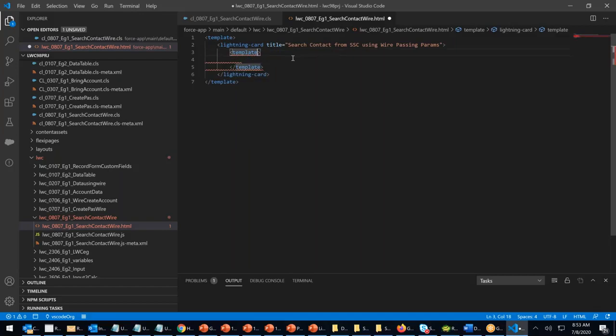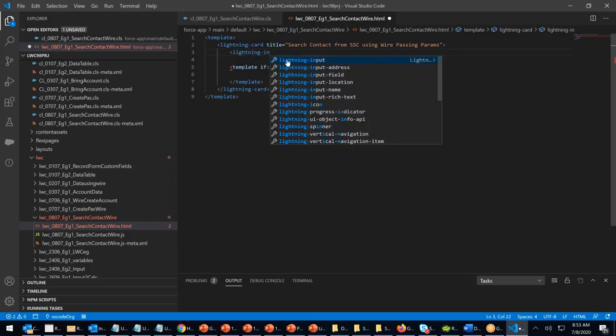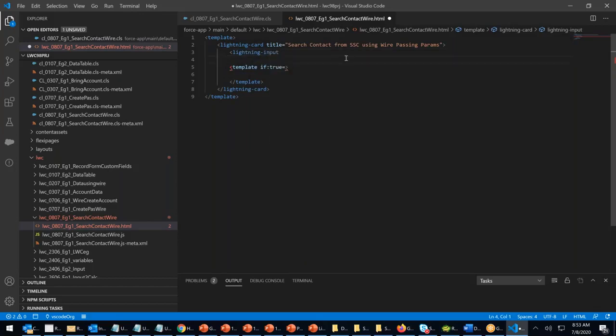I will say if true, right? Before I do this, let me place my input field. That's where I'll be searching. I'm taking a lightning input. Type equals to